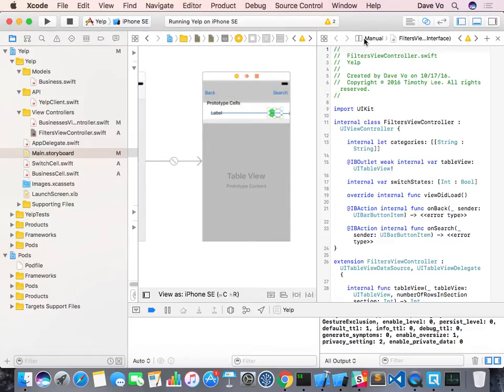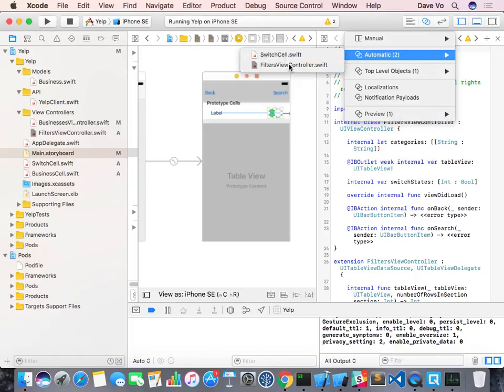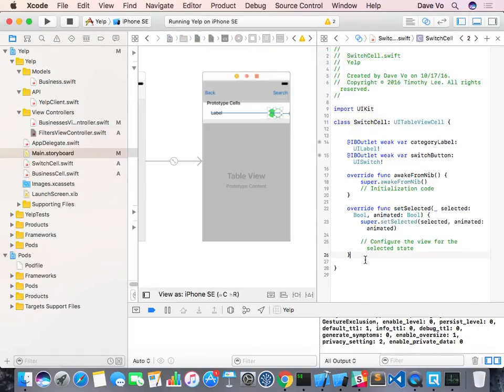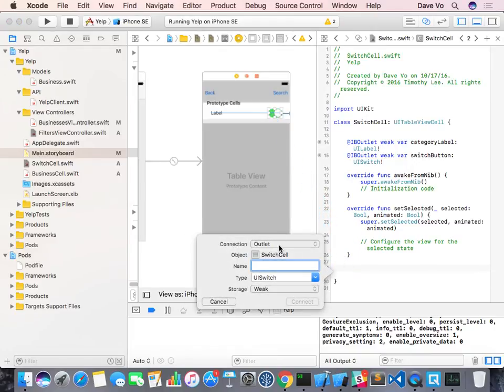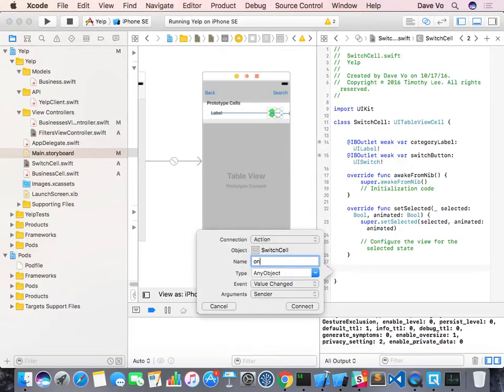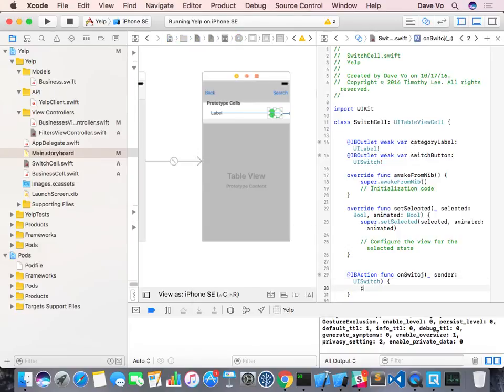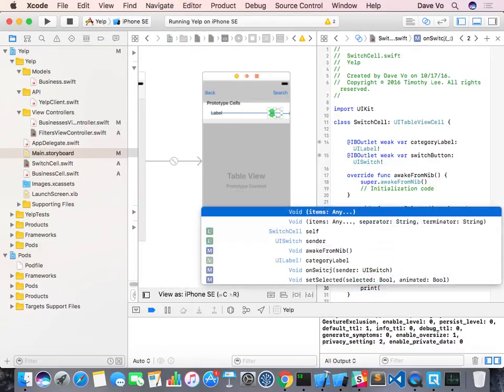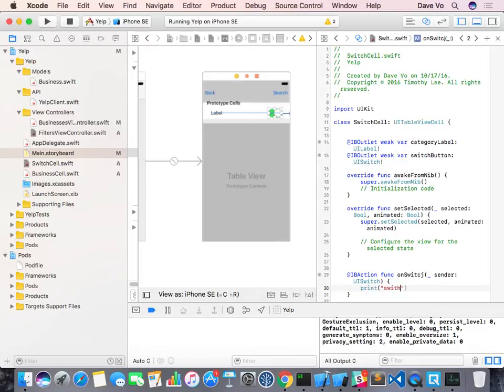Okay, so let's set this one to automatic and the switch cell. So I want to write some code for this action. So this will be action and then on switch. Okay, so what we want to do here is just try to print switch change to, and then